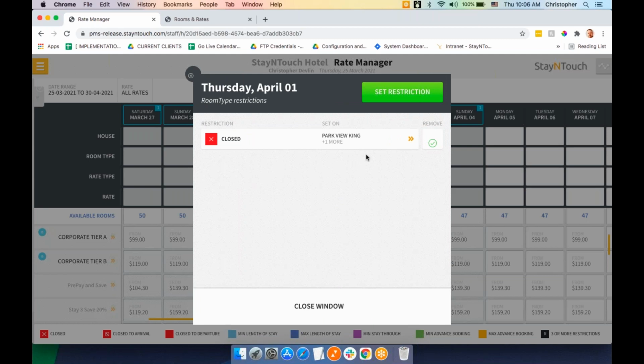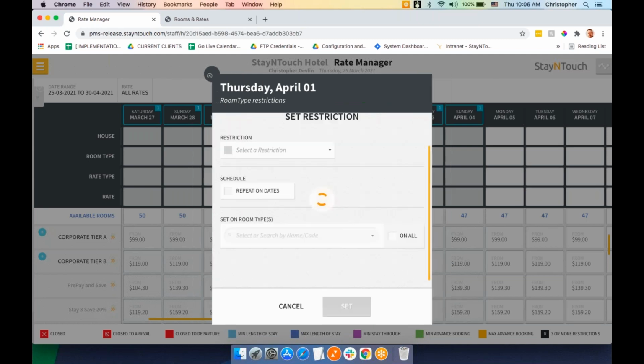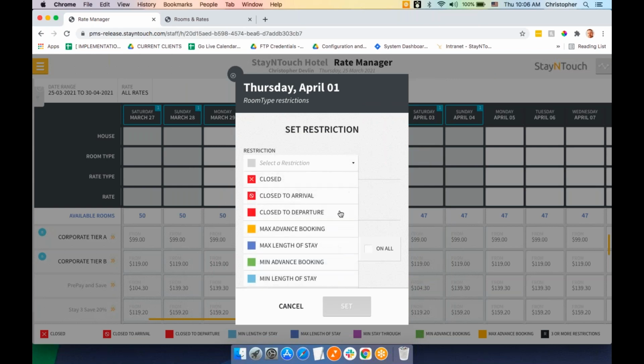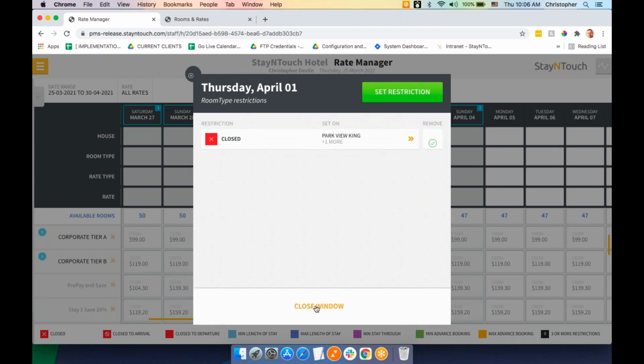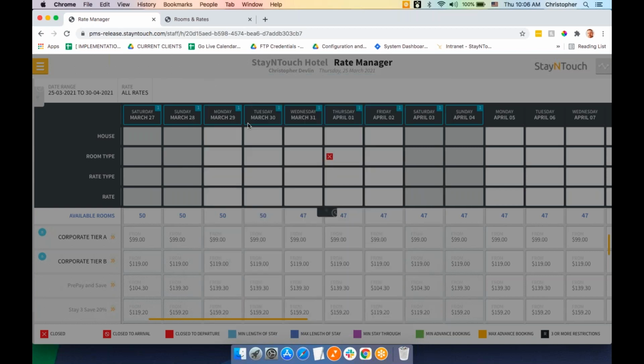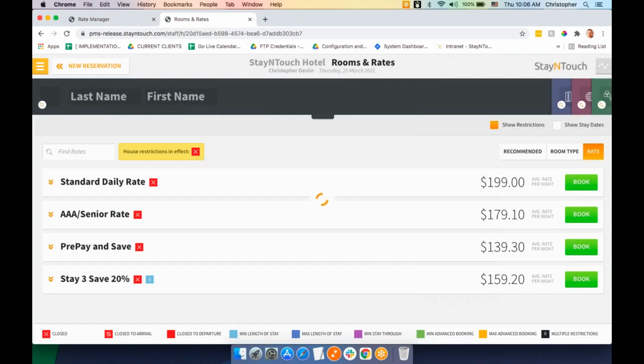I could also do different restrictions for different room types. I could do a minimum length of stay on a different room type, for example. So there's lots of options. You're not restricted to just one type of restriction on a given date for room types there. But if we close out of there, now we'll see on that same date range,